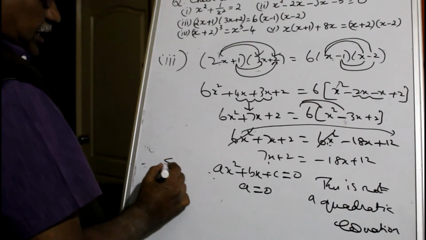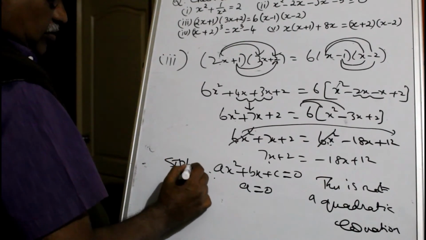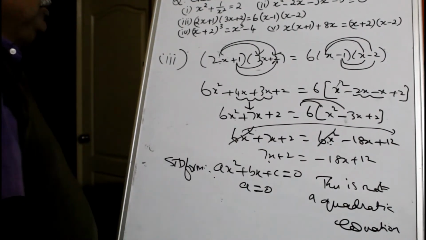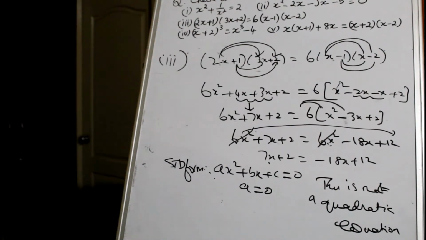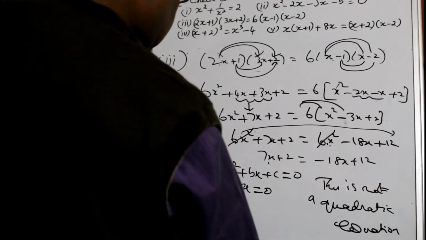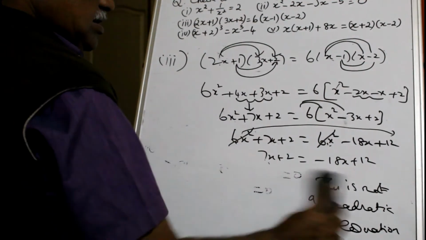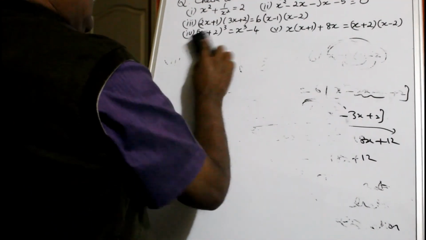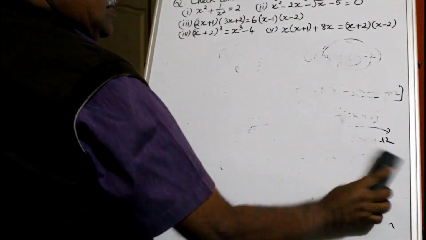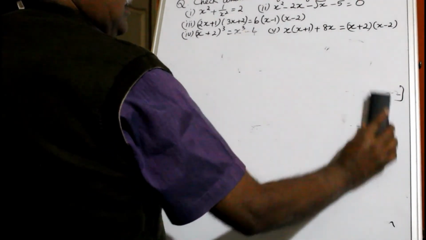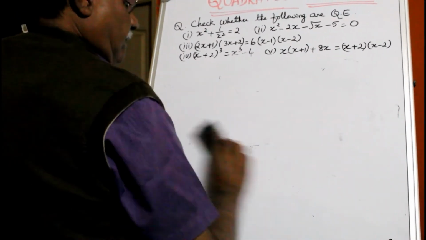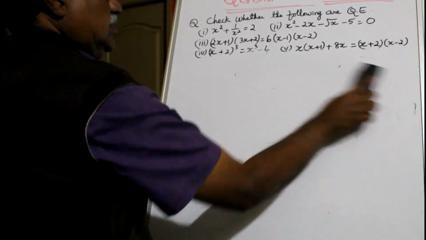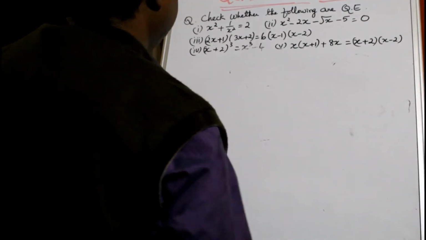So this is called standard form. All sums you must try to bring it to the standard form. Two more sums you got. You check whether it's a quadratic. Next sum is